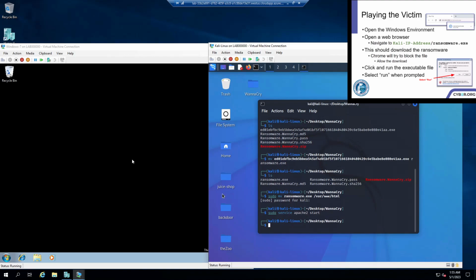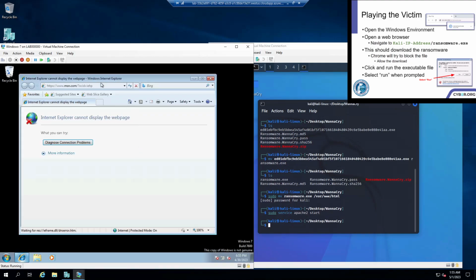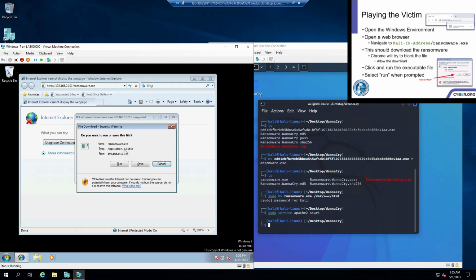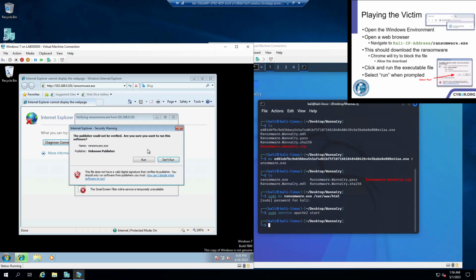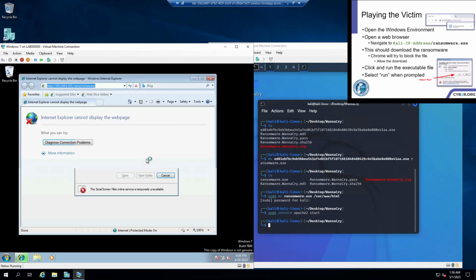Okay, now we can go to our Windows machine and take that IP address that you got earlier from the Kali machine and type it in here, 192.168.0.101, and just do /ransomware.exe, and here it'll give you a little prompt. Just press run. Alright, now we press run again,